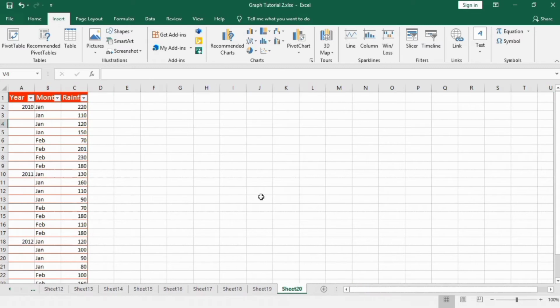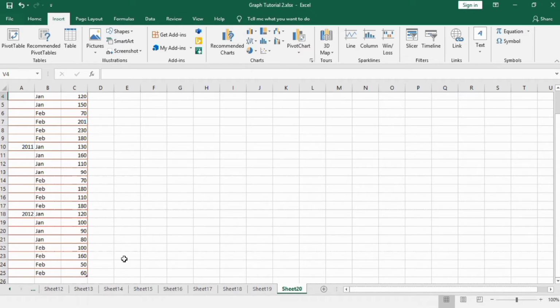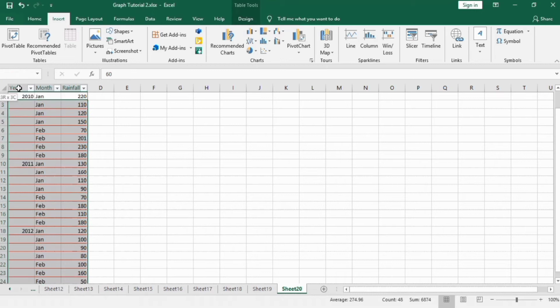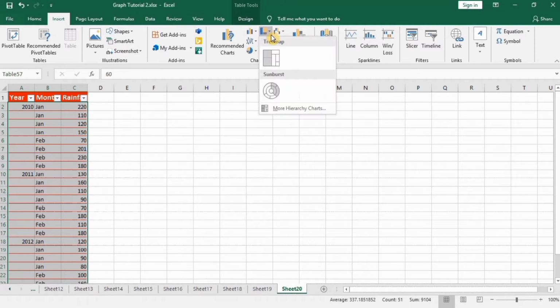You can see here I have already entered the data in a separate sheet. So first we select this data. Go to the Insert tab, and here you find the option tree map chart.